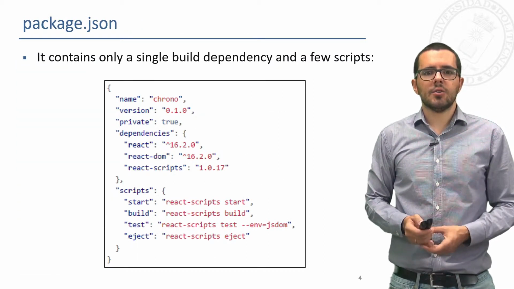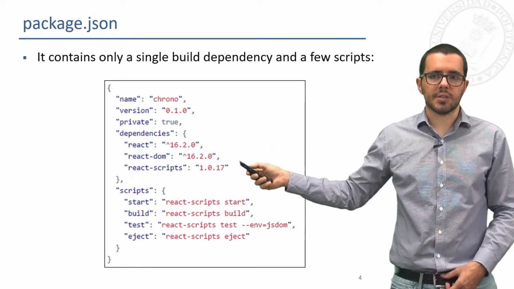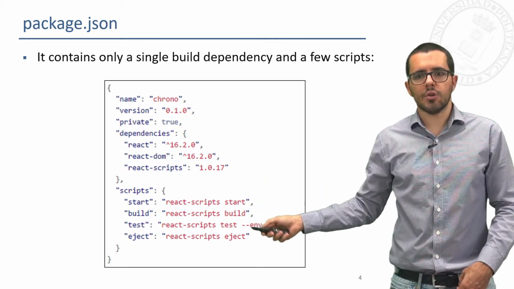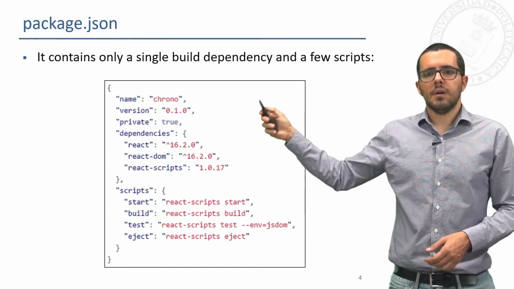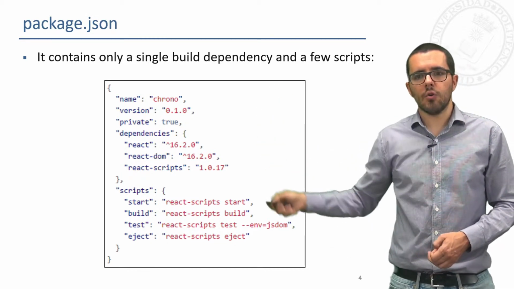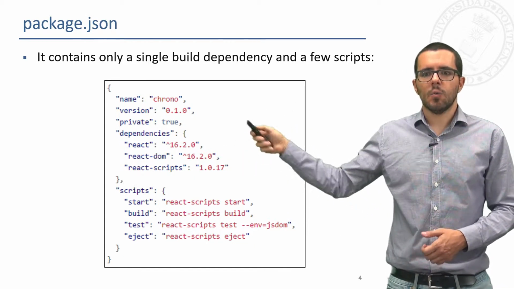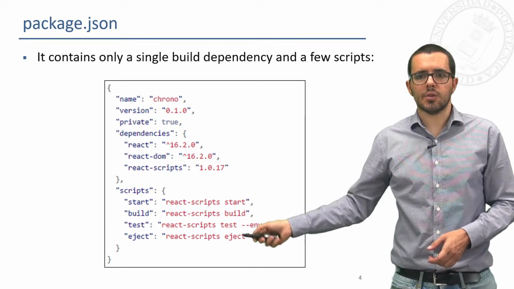What does the package.json have? Well, it has the dependencies, React, React DOM, and React scripts, and the scripts to start, build, test, or eject the application. Okay? Also the name and the version. We can, of course, add more packages, metadata, whatever, here. And of course, we will start using these commands.